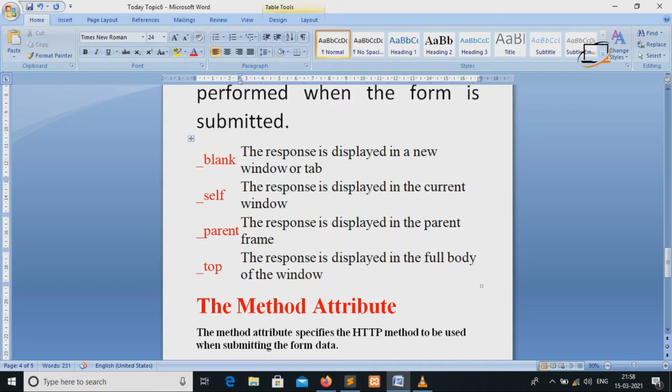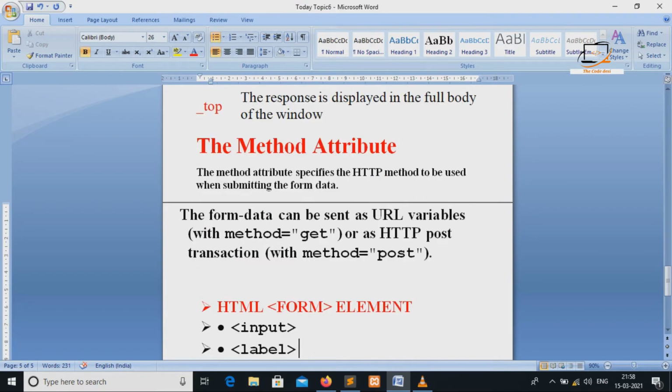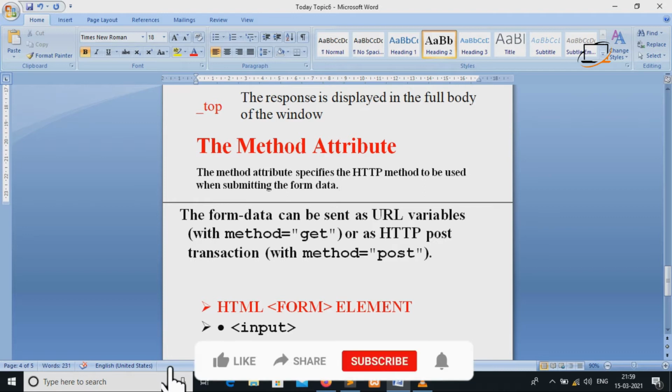In a form, when we use the action attribute, we also use a method to pass the data. The method attribute specifies the HTTP method to be used when submitting the form. When we submit the form, the method should be either get or post. In the get method, the data is visible in the URL, while in post it is not visible.